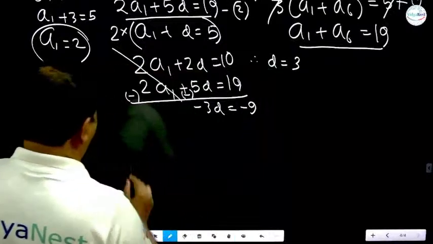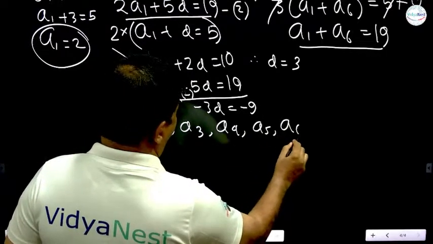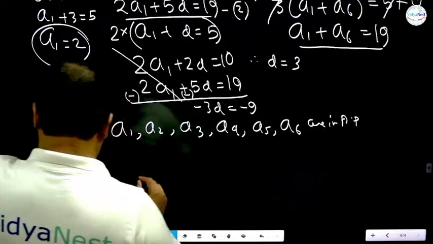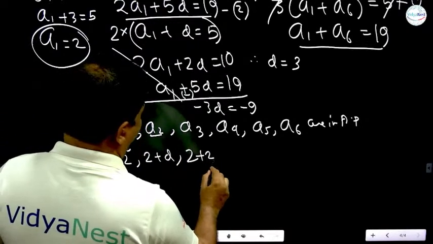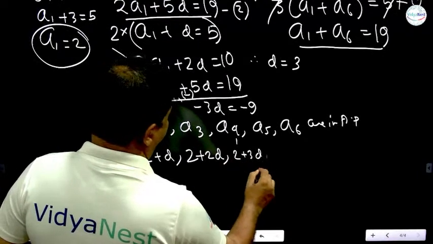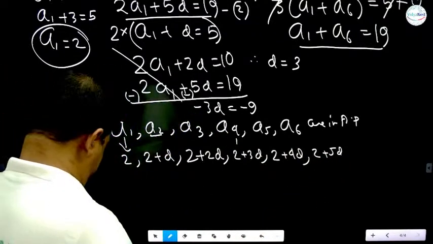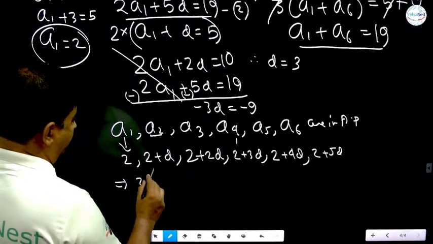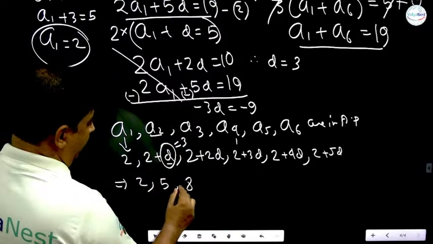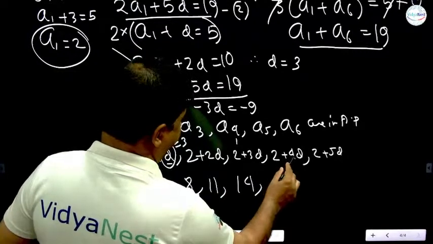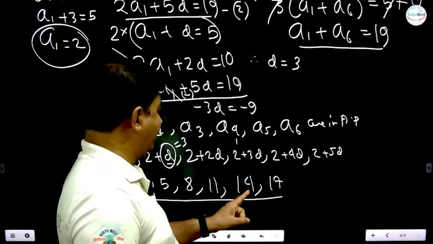कैसे? देखो A1, A2, A3, A4, A5, A6 आर इन AP। तो A1 क्या है? 2। A2 2 प्लस D, A3 2 प्लस 2D, A4 2 प्लस 3D, A5 2 प्लस 4D, A6 2 प्लस 5D। सो ये नंबर 2, D के जगह में 3 पुट करो, 5, 8, 11, 14, 17, 6 नंबर मिल गया। हाँ देखो इसका समेशन 7, 15, 26, 40, 57 मिल गया।